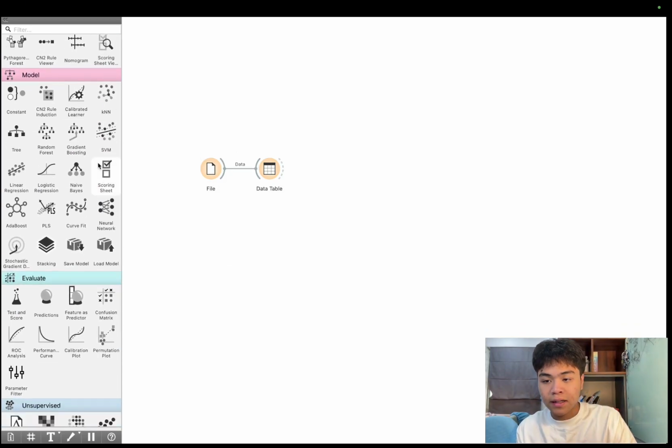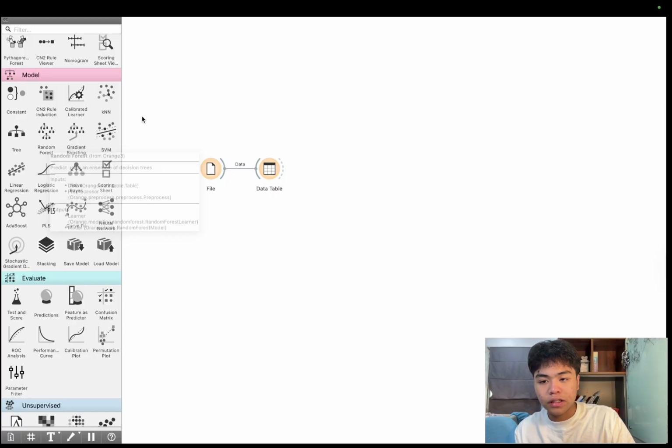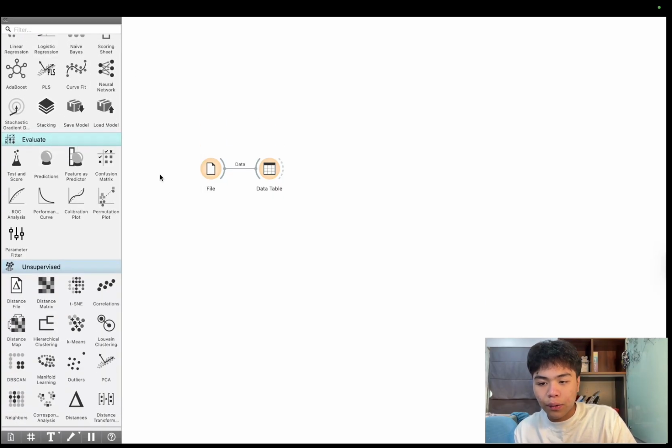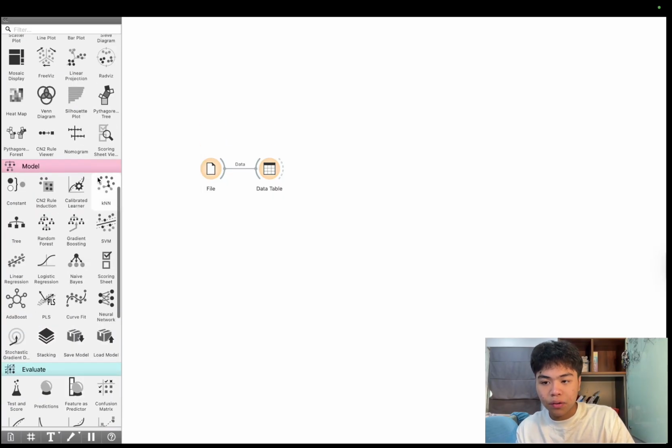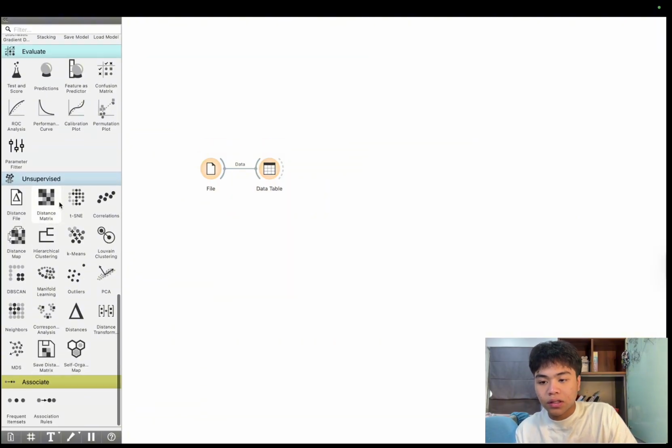Model is the algorithm in short. Evaluate is to test the model after you have built one. This is the unsupervised model, and the same with associate. After you have uploaded your file and created a data table,